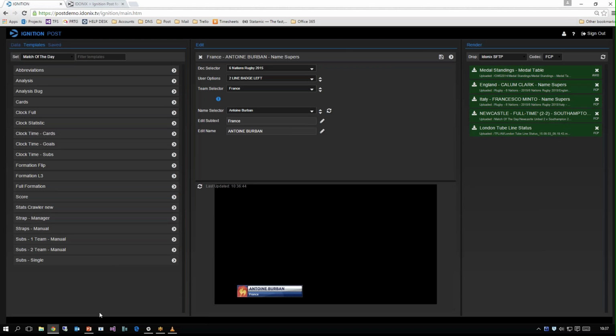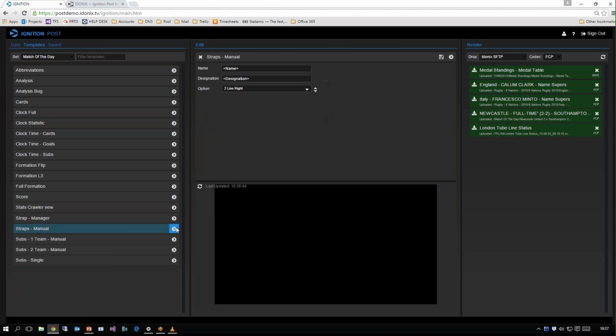Just to point out, a big part of what Post is doing is around data-driven graphics. Data-driven graphics is primarily what Idonics are about, so of course it's a big part of what Post does. We'll look at data-driven graphics in a moment, but we'll start off with something very simple, just a straight manual text input graphic. So I've chosen a manual strap here